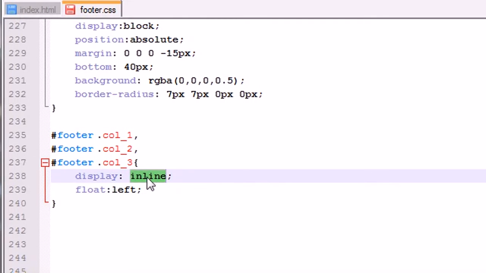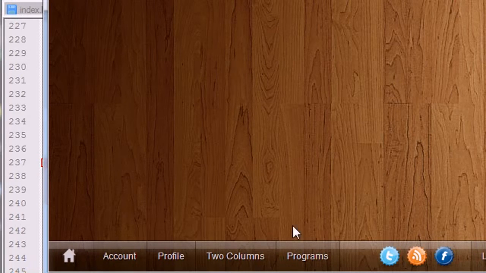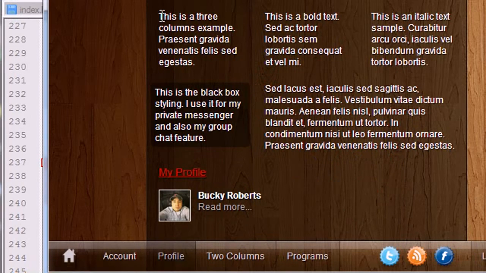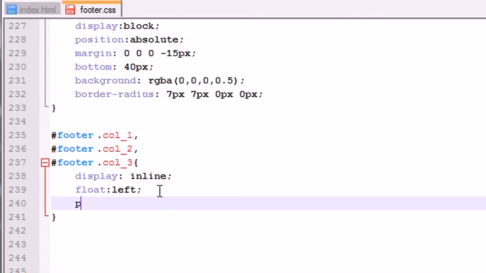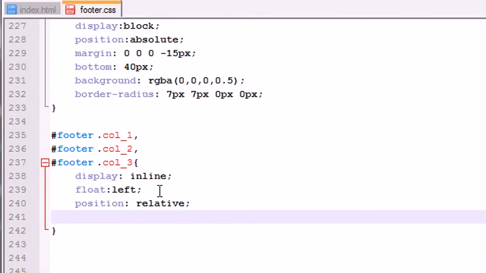Now if we display them as a block, you see how these columns appear right side by side next to each other? If we display them as a block, then they would be stacked on top of each other like blocks. So whenever we display them as inline and float them to the left, that makes them appear side by side, of course. Now another thing that we want to do is position them relative and also give them a margin left of 5 pixels,